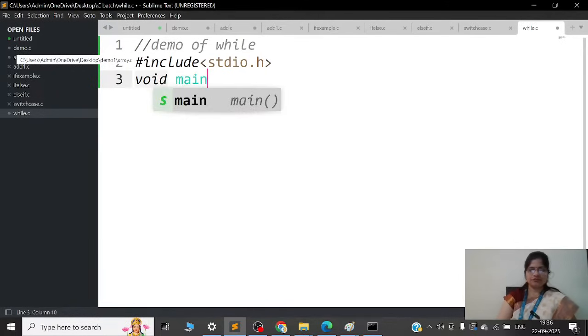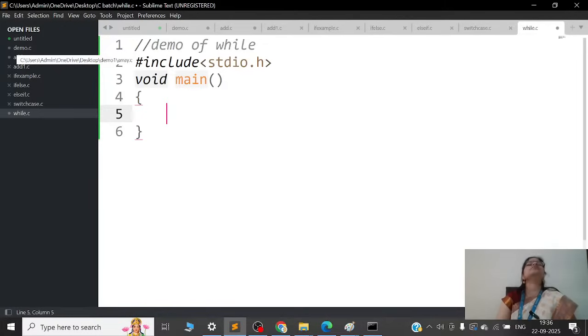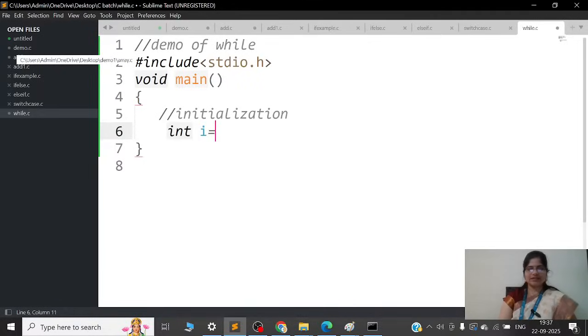We will be having a main function. Suppose I want to print numbers from 1 to 10. ठीक है, ये रिपीटेटिव टास्क है ना, आपको क्या करना है, पहले 1, then 2, then 3, then 4, ये प्रिंट करते जा रहा है। तो इसमें हमें क्या करना है, ये वैल्यू इंक्रीमेंट करते जानी है, राइट। तो here first we will have an initialization. So int I will initialize as 1. Then I will put a condition, I should be less than or equal to 10.